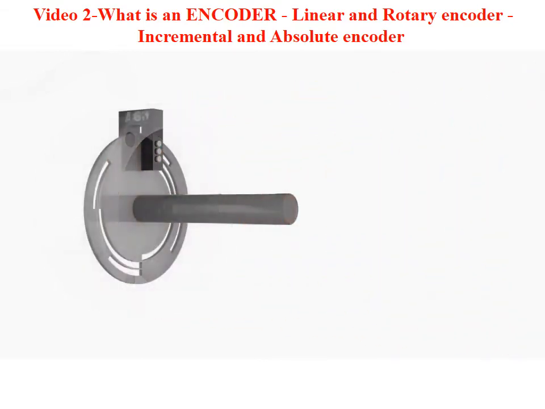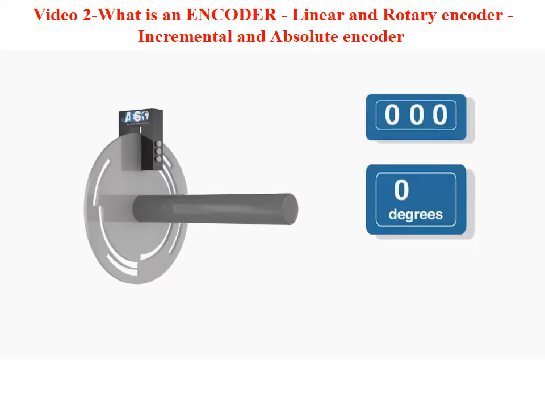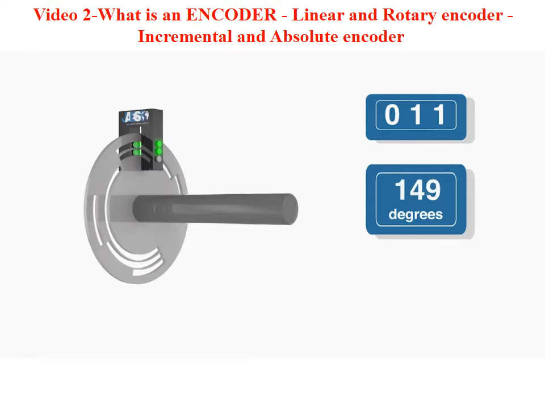We can see inside that a slotted disc on a shaft is used in conjunction with a stationary pickup device. When the shaft rotates, the disc is rotated in a beam of light, such as an LED, and the markings on the disc act as shutters, blocking and unblocking the light. Thanks to this, a unique code pattern is produced. This means that each position of the shaft has a pattern, and this pattern is used to determine the exact